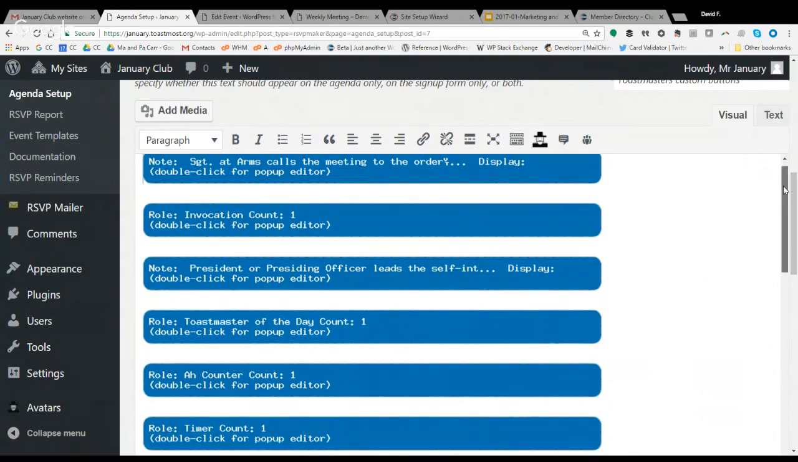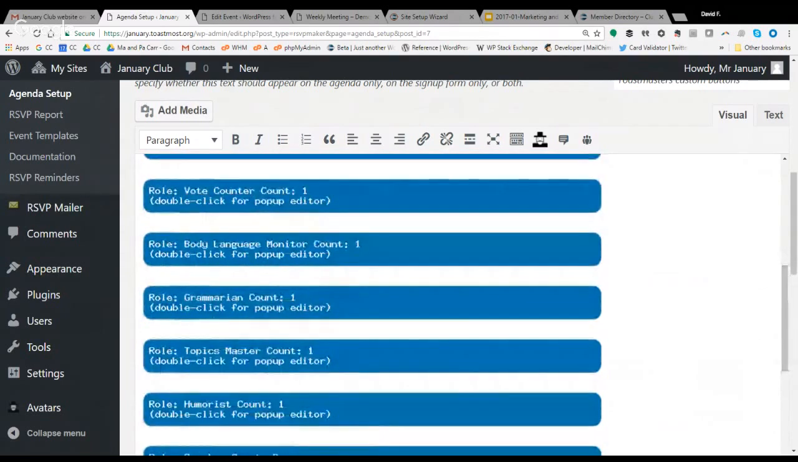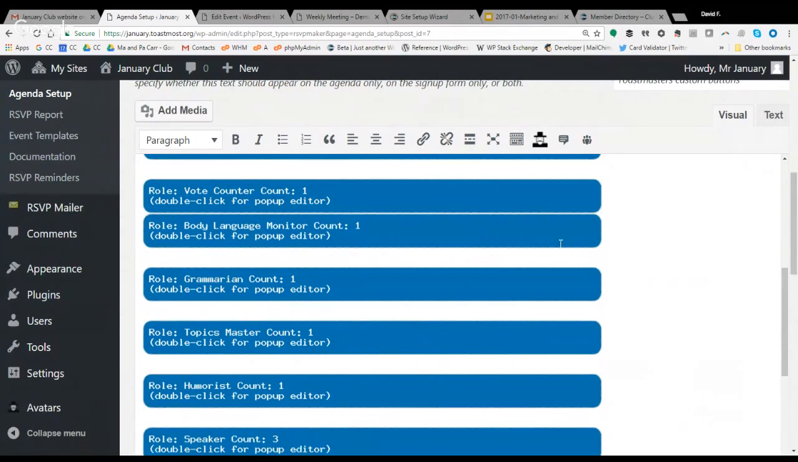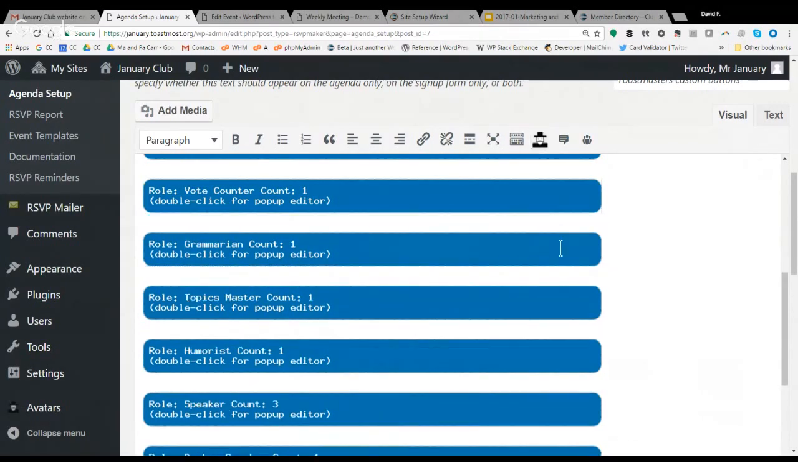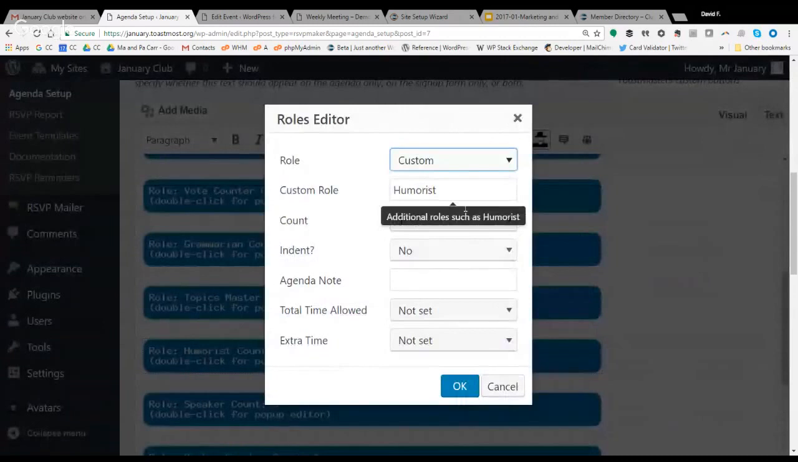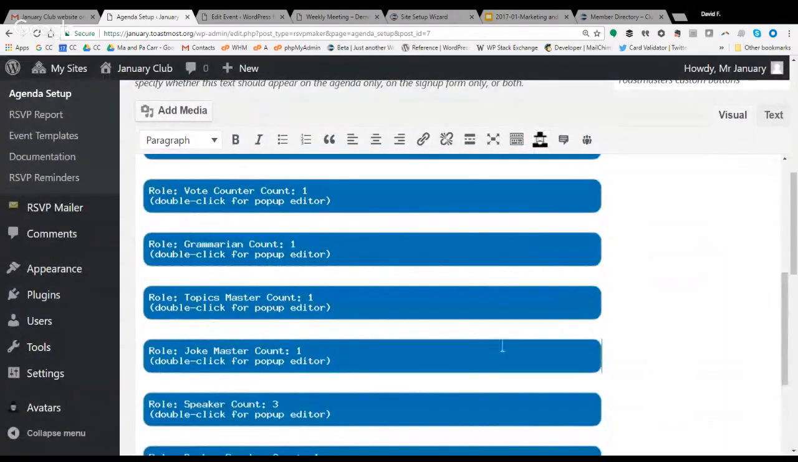And what you get here by default is essentially the Club Awesome agenda. So maybe your club doesn't have a body language monitor. We can just highlight that and delete it. Maybe you don't have a humorist, or you call it Joke Master or something. So we'll change that. And then for roles where you're looking for multiple people to fill the roles, I